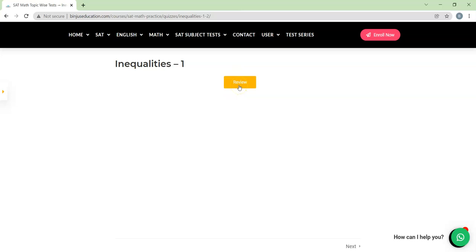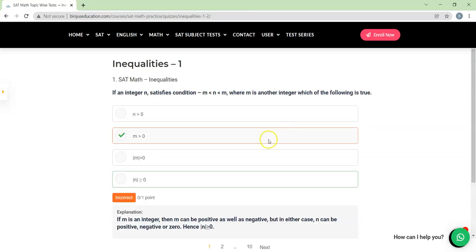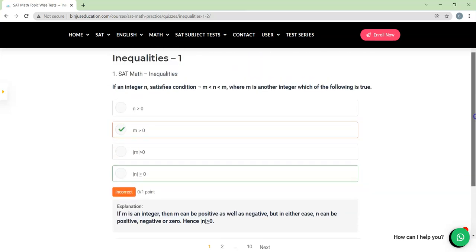What's going to happen after the quiz, those things we are actually working on, so that we can give you a complete insight of where you went wrong, how many questions you got correct, and all those things. But as of now, you can practice, and that's something that is important, more important than everything else.